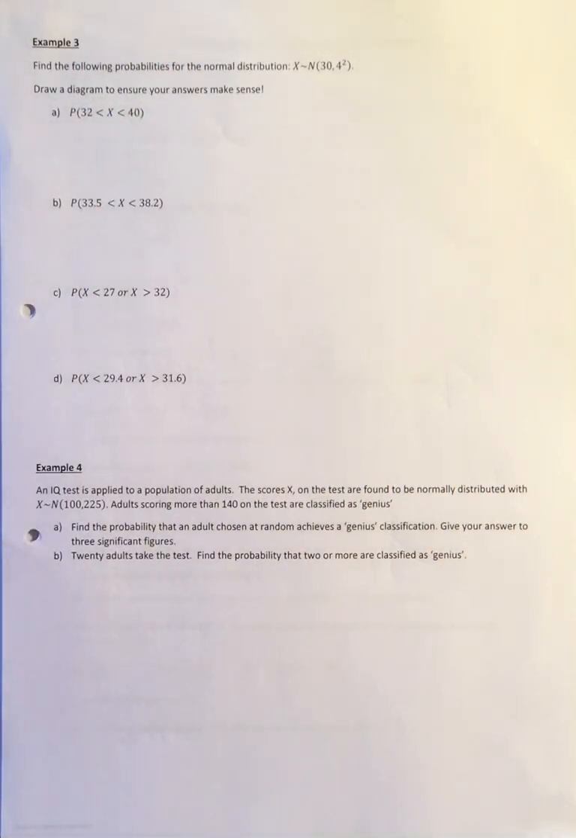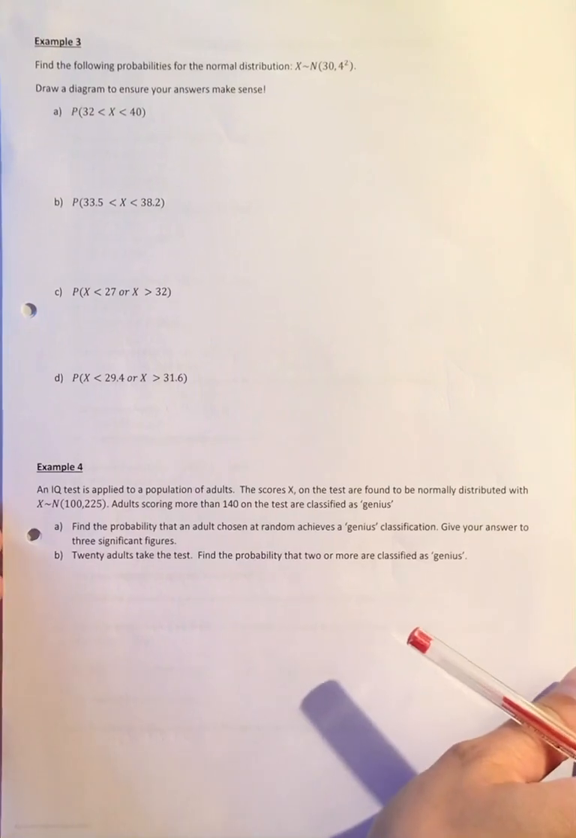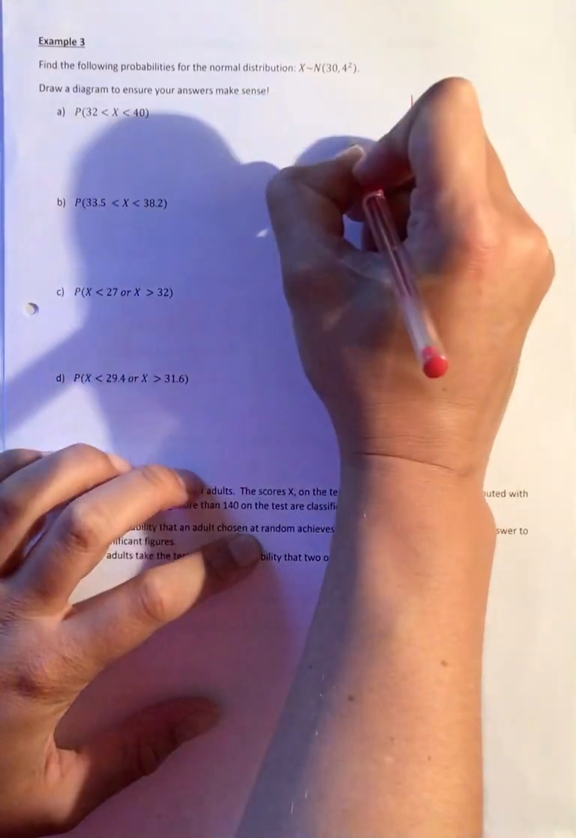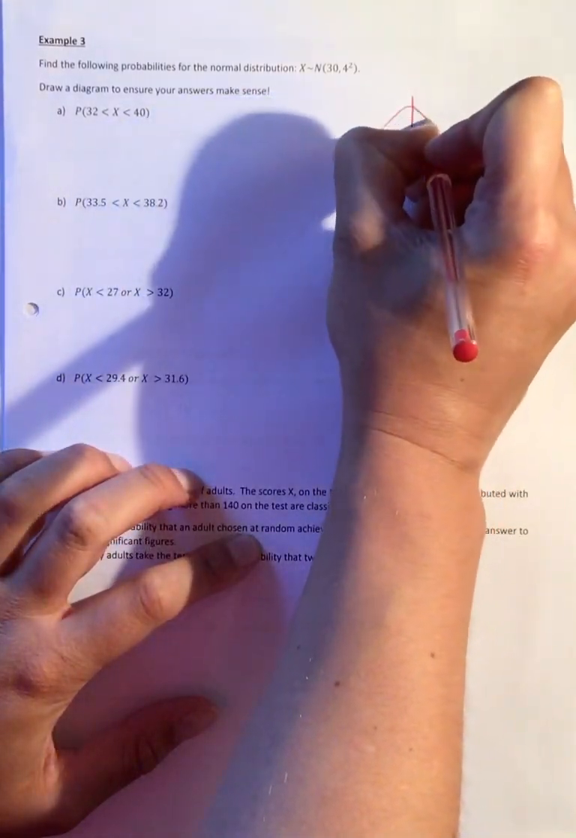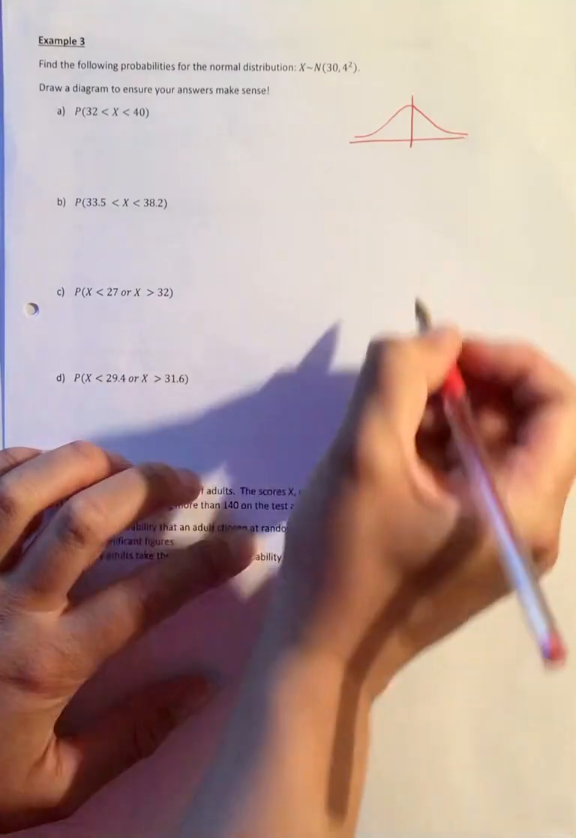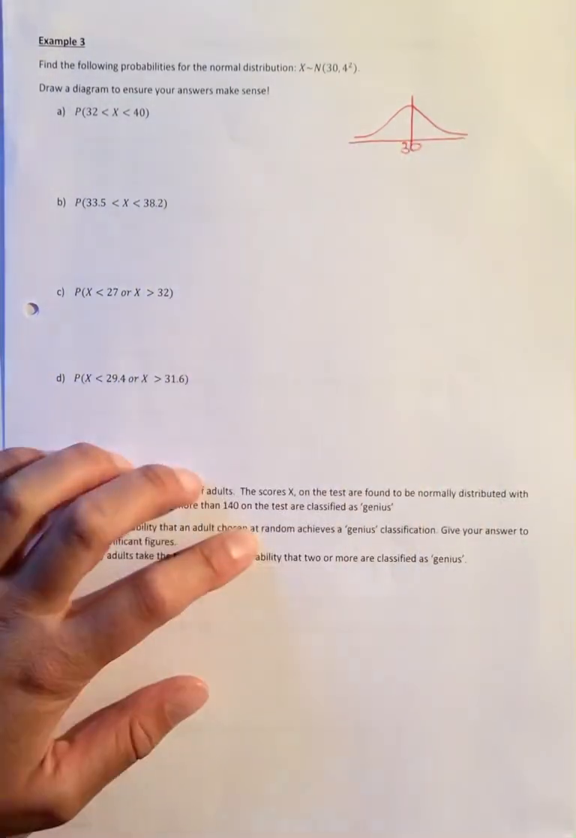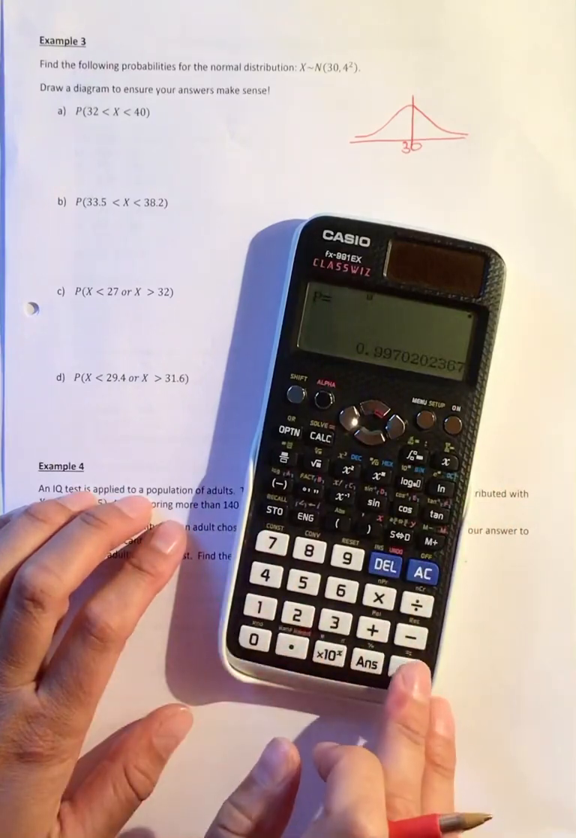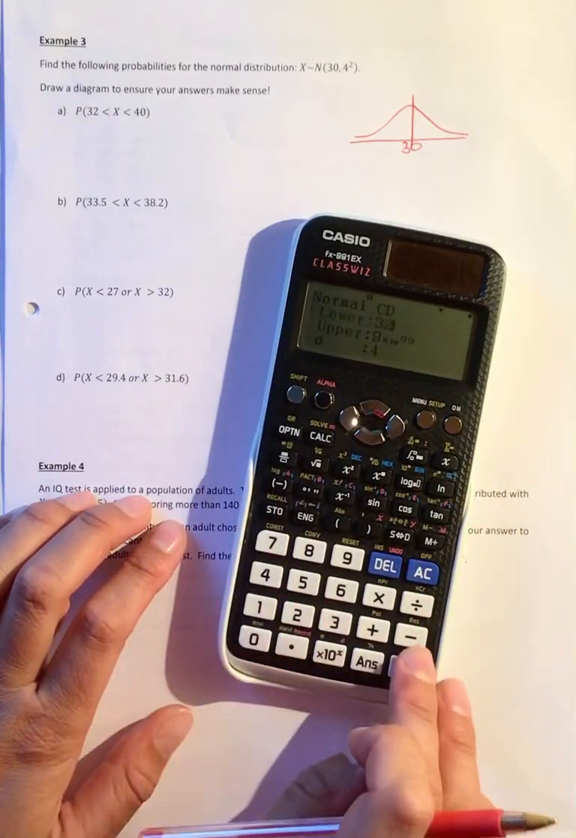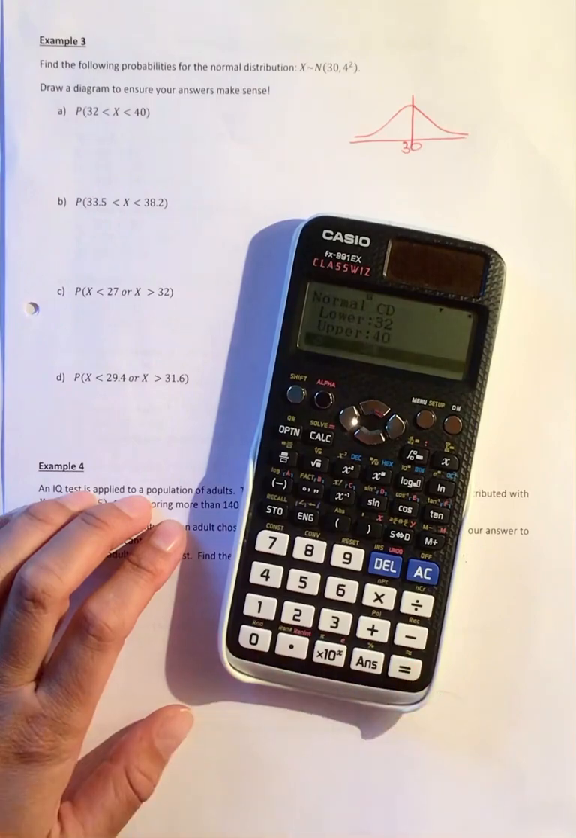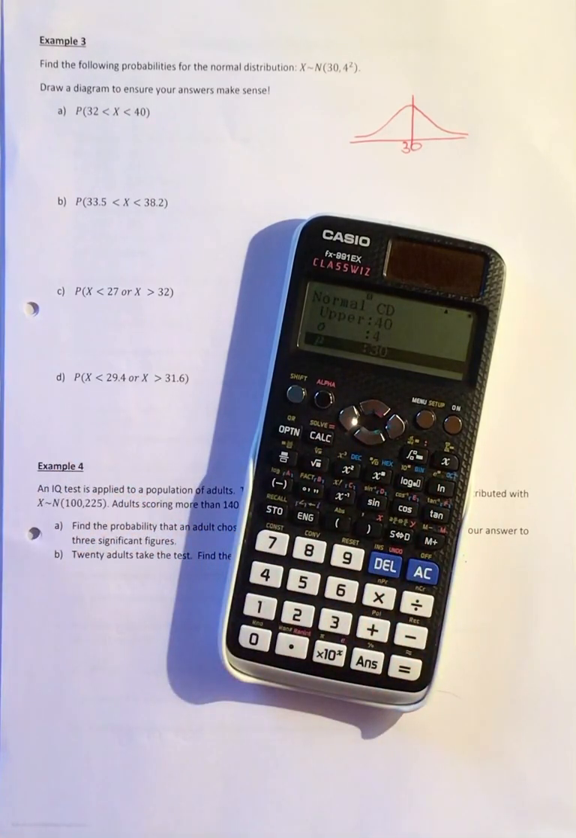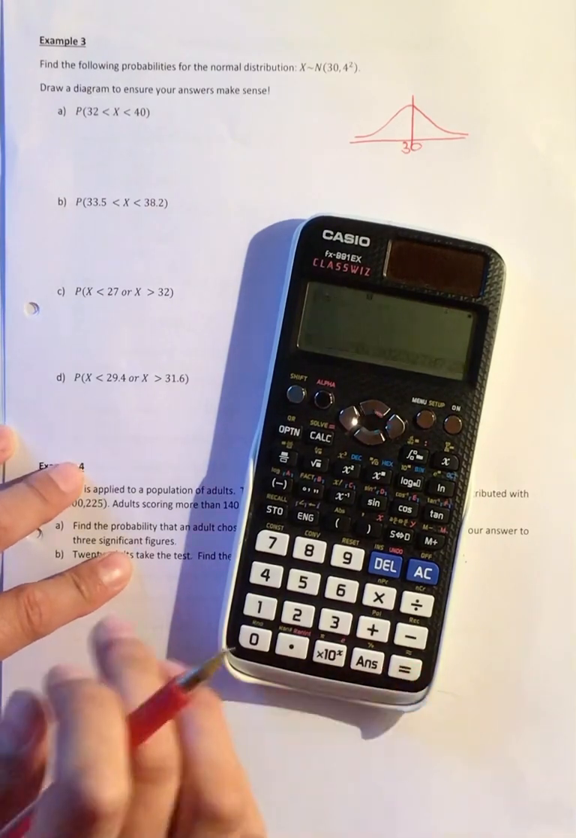Okay, example 3, we've got the same distribution. It's asking us to draw a diagram to make sure our answers make sense. So let's draw a quick diagram. Doesn't need to be anything flash. So our mean is 30. And this time we're looking for between 32 and 40. So lower 32, upper 40. These are actually easier to understand because you don't need to think of a massive or a tiny value to put in. And we get